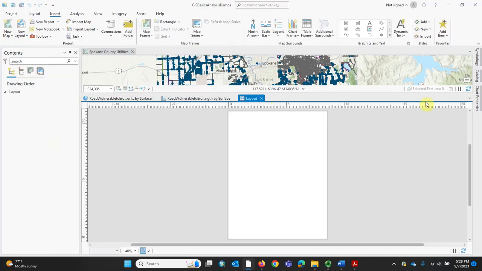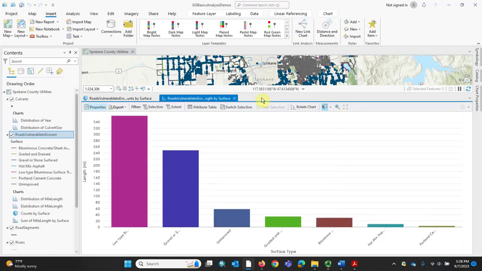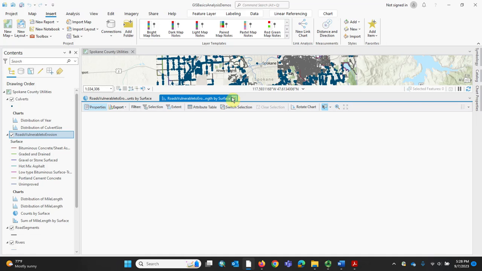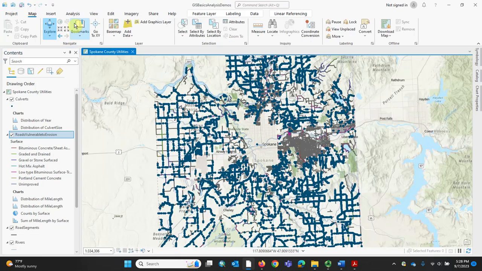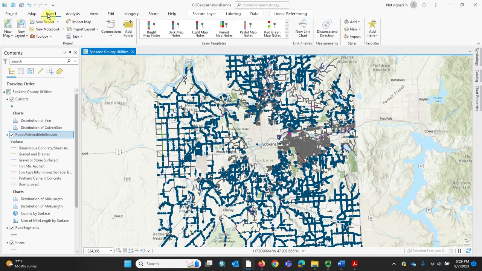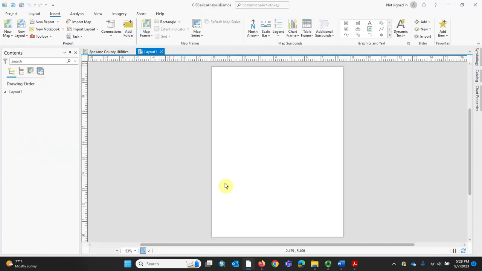I'm going to go ahead and, whoa, how did I do that? Apparently I inserted, we're not going to do that. I'm going to close these and insert a layout. So apparently I didn't know you could insert them into tables. So new layout, there we go. Got a layout here now in my mapping space. And